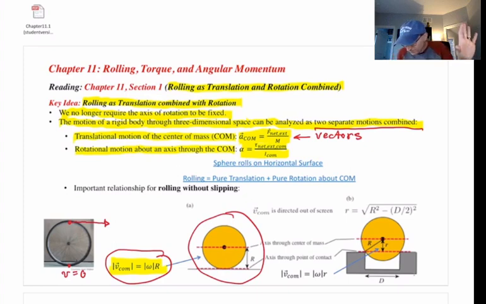No problem. Every once in a while, books like to trip you up by letting the thing roll through a trench or a grooved track, so that the point at the very bottom of the sphere, down there, is not actually touching the surface. Instead, it's touching at these 2 points here. If you ever come across a situation like that,